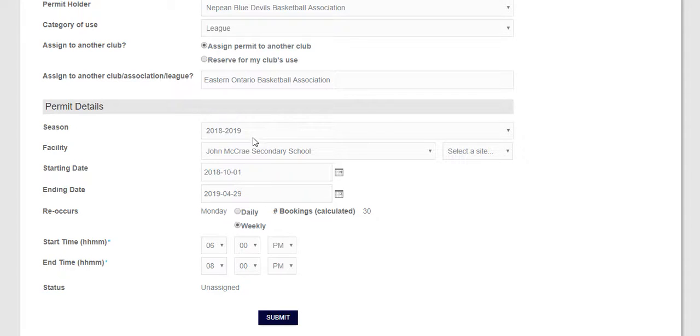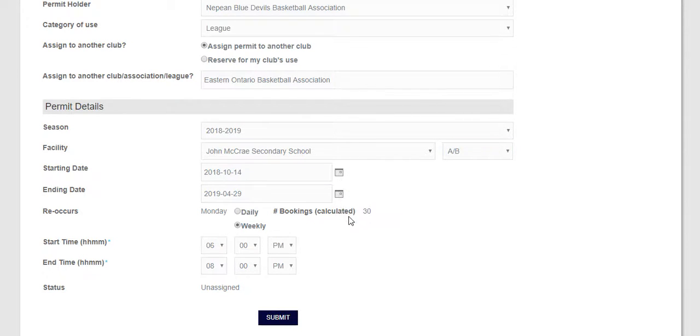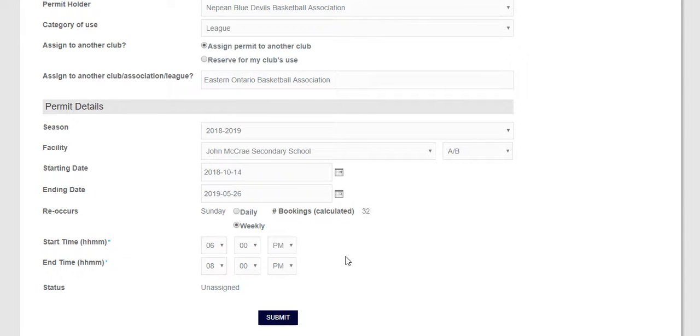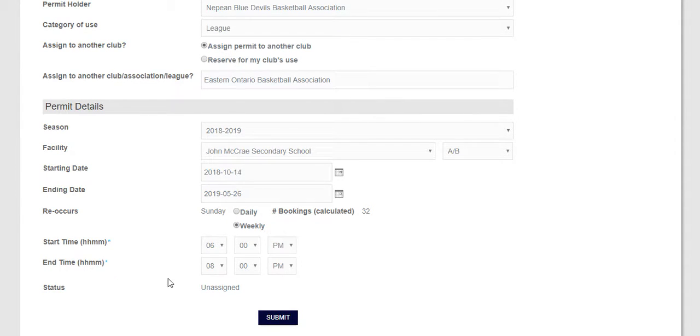And it's John McCrae. I'm going to assign AB, but this time the permits run on Sundays, and I'm going to start the permits on the 14th, and I'm going to end the permits, let's end it on the 26th of May, and it's weekly, and it's Sunday. You can see,